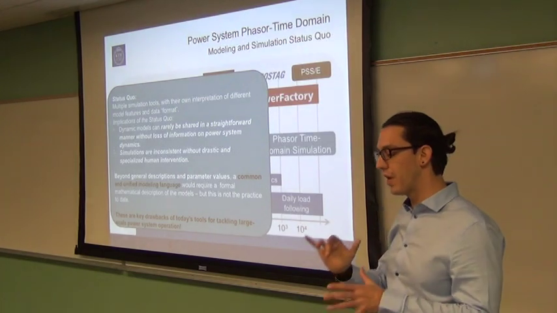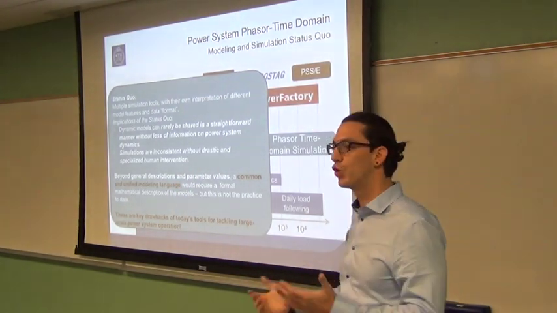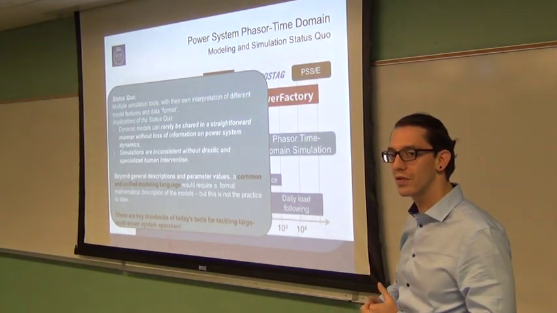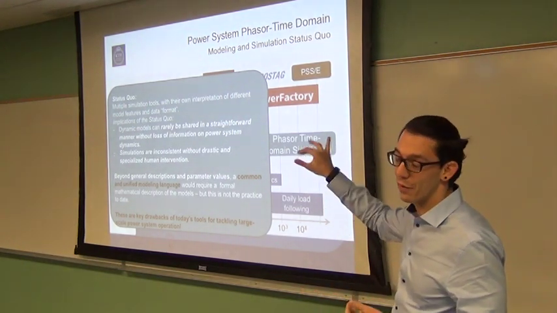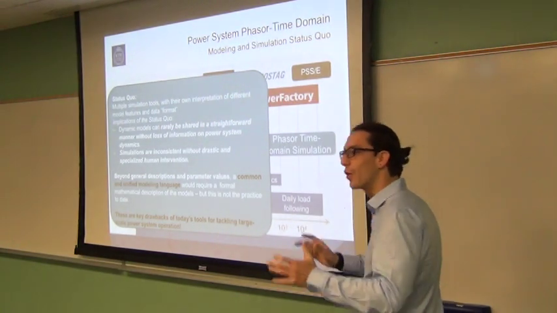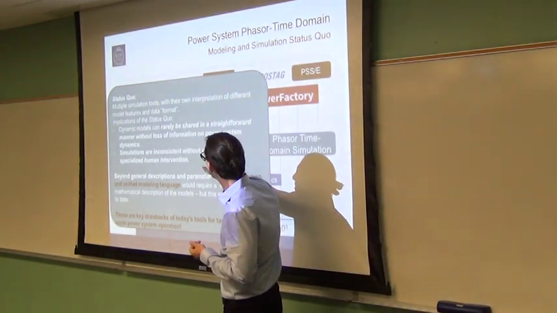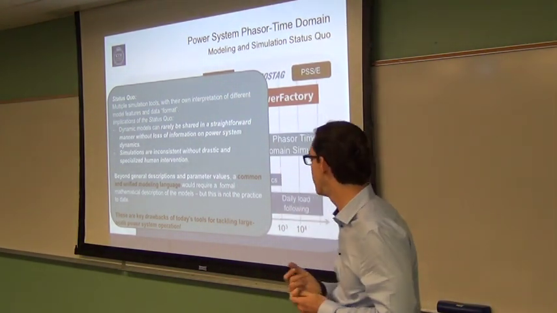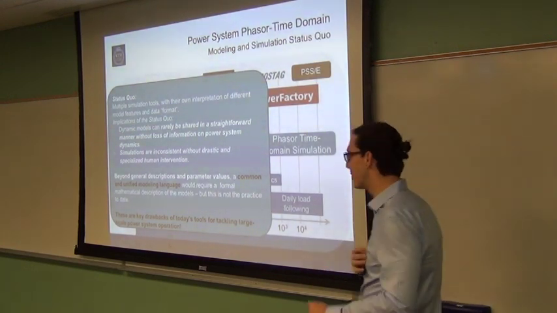And this is really relevant when you're operating an interconnection and you want to use different tools. If you want to use different tools, you have to get the same result, because otherwise, who's right? That's very important from the European context, where you have 52 companies that have to agree on something, technically. So you lose a lot of information. The simulations are inconsistent without specialized human intervention. So if you want to have one tool give you the same as the other, good luck.